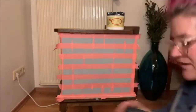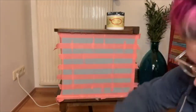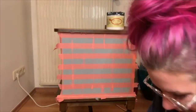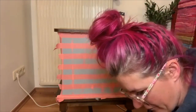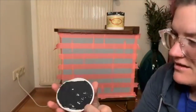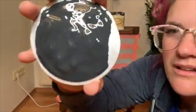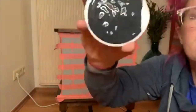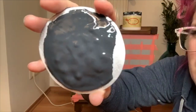I love Rome. Okay, so we're opening this. Oh, just a piece of plastic. I don't know what I did to the lid. Okay, now we're going to pull this off. Oops, hold on. There we go. Here, I'll show you guys. Can you see that? Dixie Belle's colors are pretty true to the jar. Look, you see how it's got like a gray feel to it? Can you guys see that? It's kind of like a dark